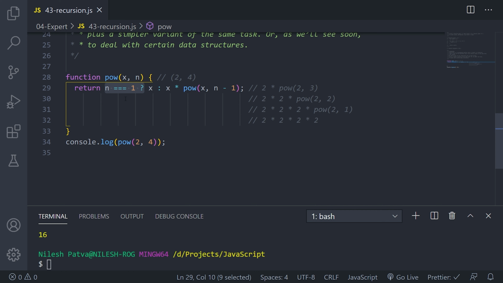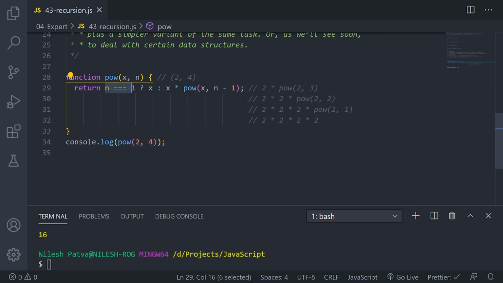If you do not make it correct, it will loop infinite times and it will break your program. So you have to carefully write the exit condition.